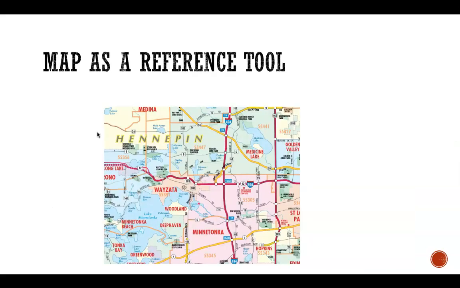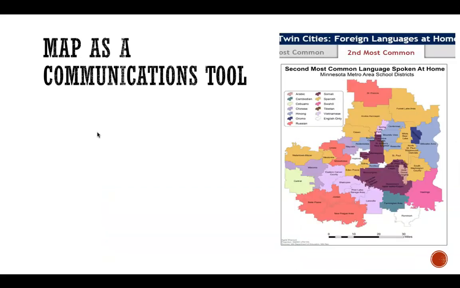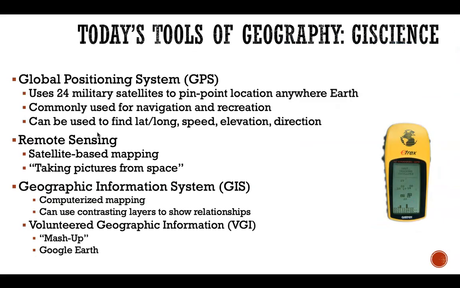All right, so there it looks like a reference tool, kind of your roadmap, and here it is as a communications tool. Also, this is of the same place, right? This is the metro area. But it's not something you would use to get from point A to point B. All right, a couple things you want to know. You want to know a little bit about